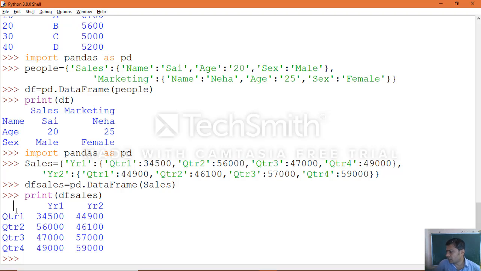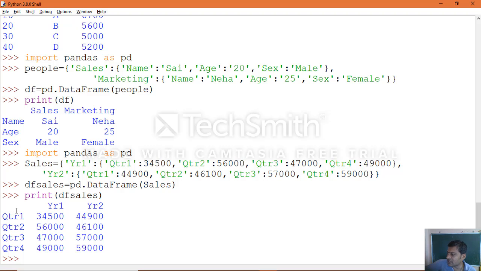Now suppose we don't have matching inner dictionary values, in that case how does it work? When inner dictionaries have non-matching keys, Python does the following: the total number of indexes will be equal to the sum of the unique inner keys across all the inner dictionaries.